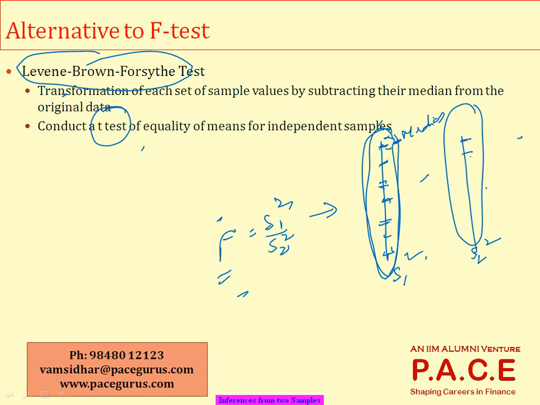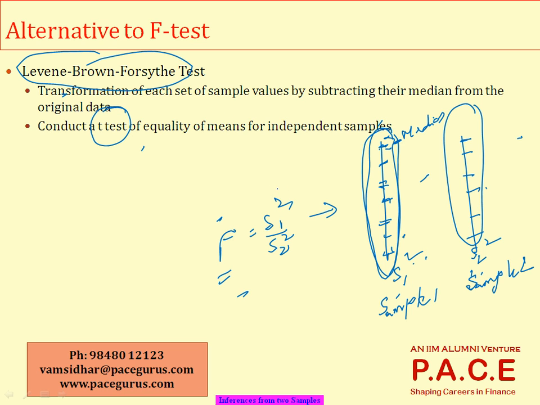Even here, you subtract its corresponding median from each individual data value. So they become two new transformed samples: sample 1, which is the original values minus their corresponding median, and sample 2, which is also the original values minus their corresponding median. Again, the two populations are completely independent. Sample 1 minus its median, sample 2 minus its median, whatever are the two that we have